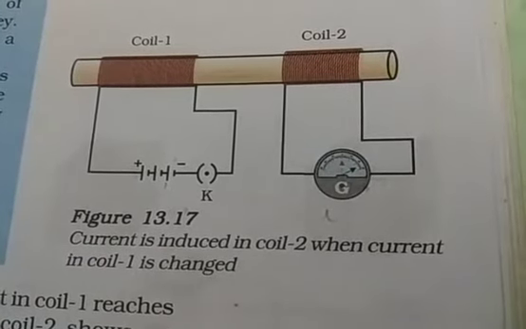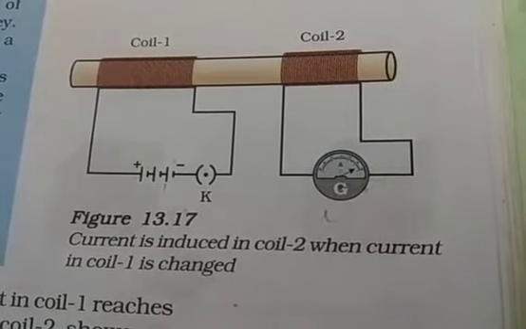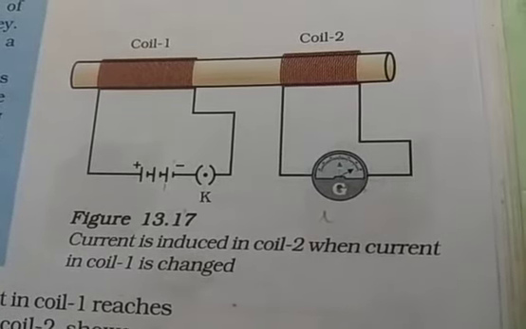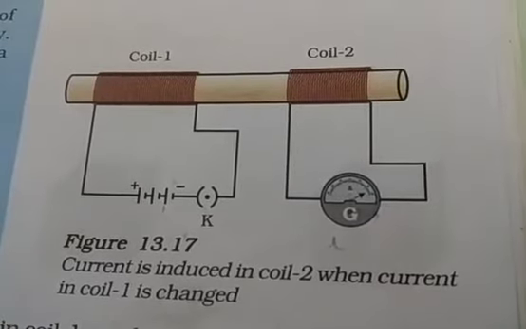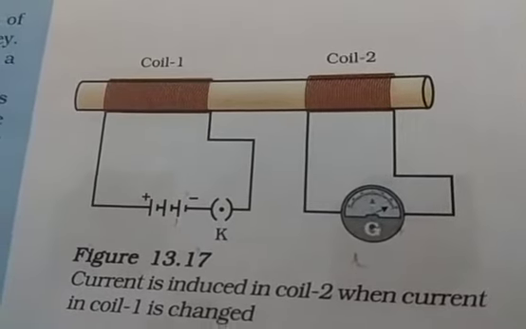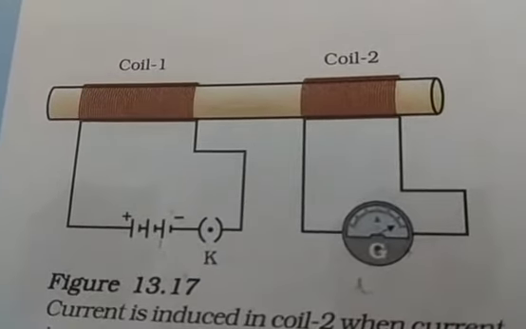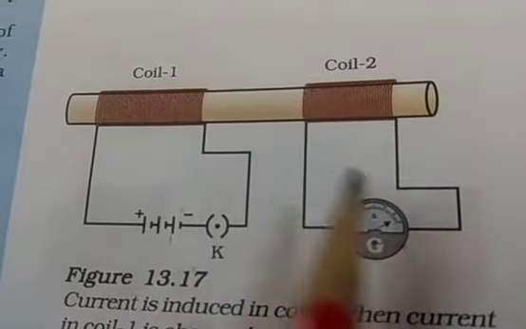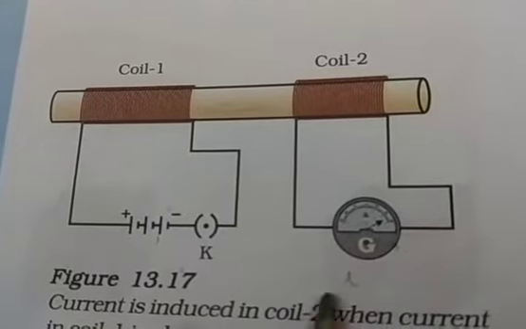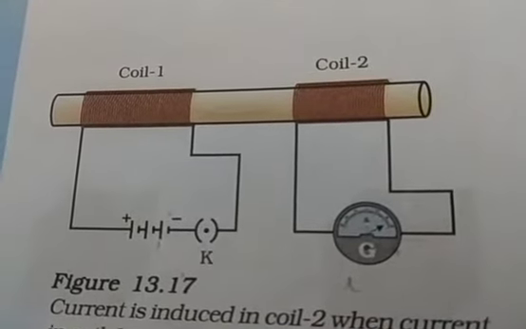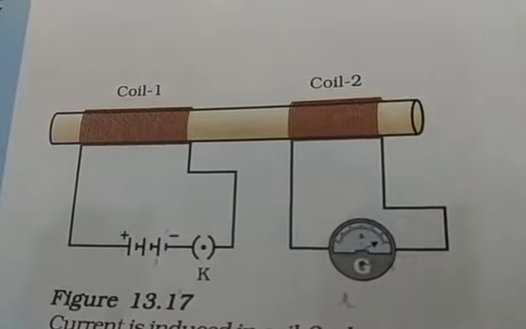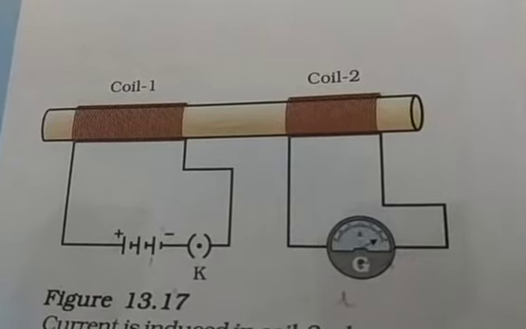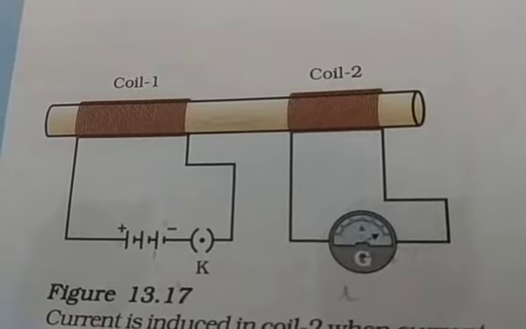Electromagnetic induction. In practice, we can induce current in a coil either by moving it in a magnetic field or by changing the magnetic field around it. It is convenient in most situations to move the coil in a magnetic field. If we keep the magnet near the coil, then the induced current will pass. The induced current is found to be highest when the direction of motion of the coil is at right angle to the magnetic field.